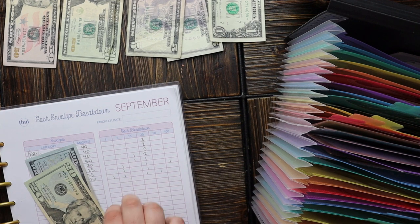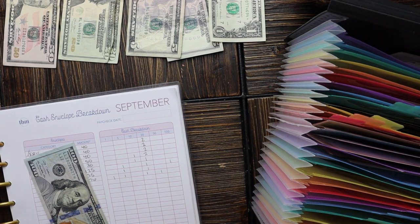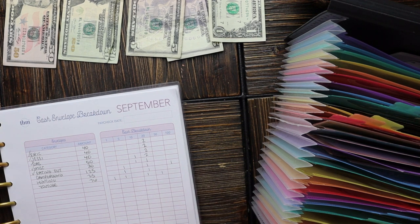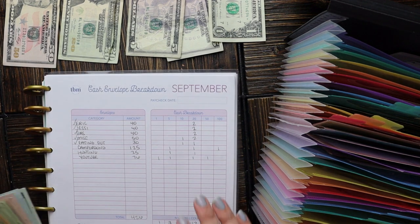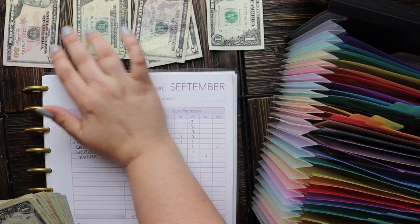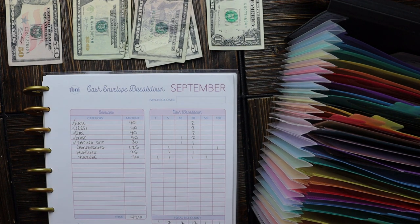The 20 is going to go with the 20s, and the 100 will go with the $100 bills. And then anytime that I add or take money away from a sinking fund, I always count it just to make sure I haven't made any errors. So let's count this up and see if we have